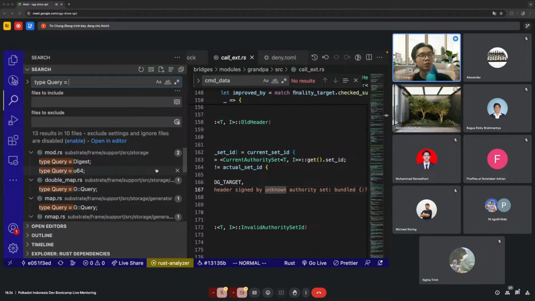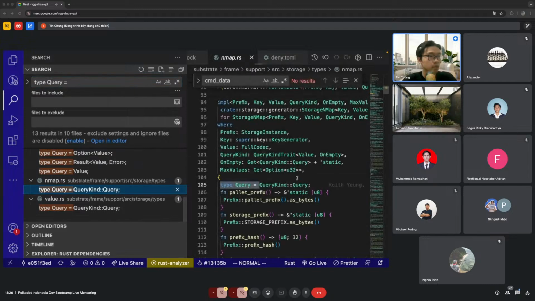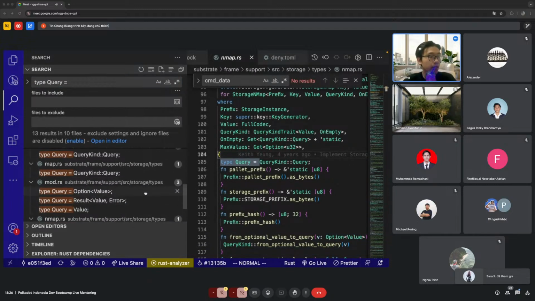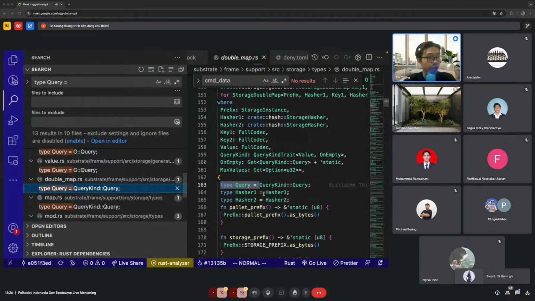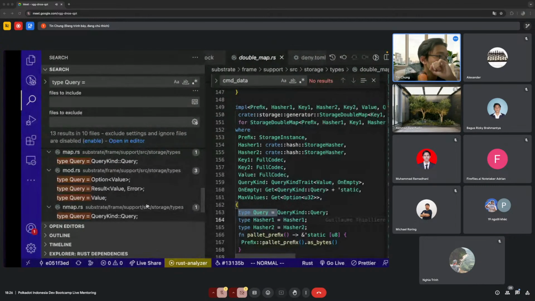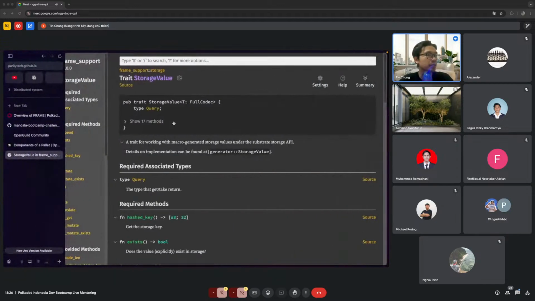So you can search for the information directly in the Polkadot SDK, because basically everything in Substrate is in the Polkadot SDK. So there are different types of query type. For example, the query. Wait, not this one. Yeah, sorry about that. The query type is basically the type of the storage value, if I remember correctly.